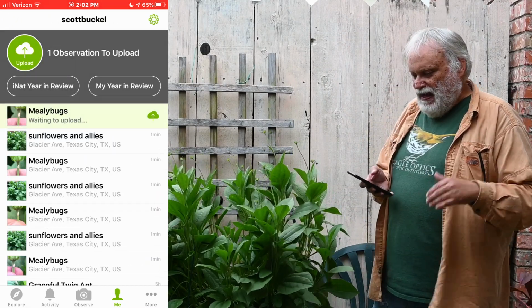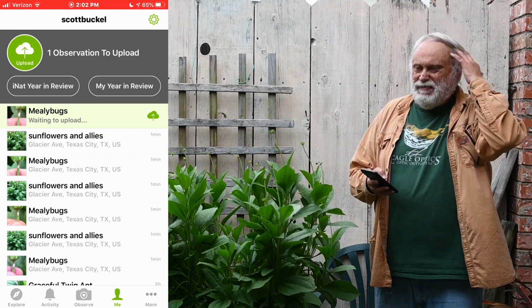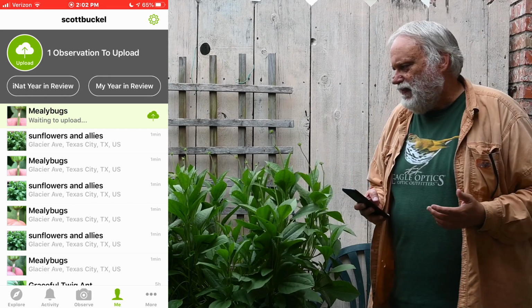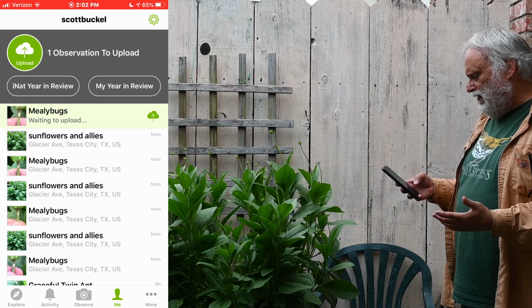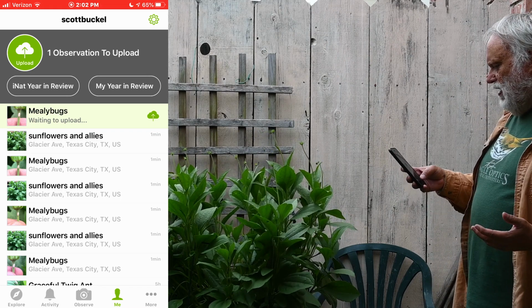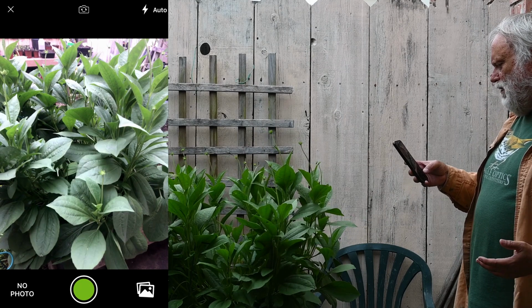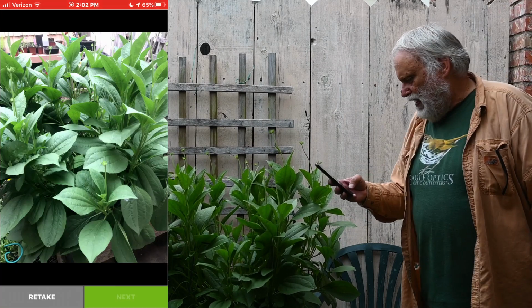Now let's go ahead and do something a little different. Let's make another observation. So here I am. There's this nice little rough coneflower here. It's been cultivated in my yard for a number of years. So I'll hit the observation here, and I will take a photograph of it. So I took a single photograph of it. I hit next,